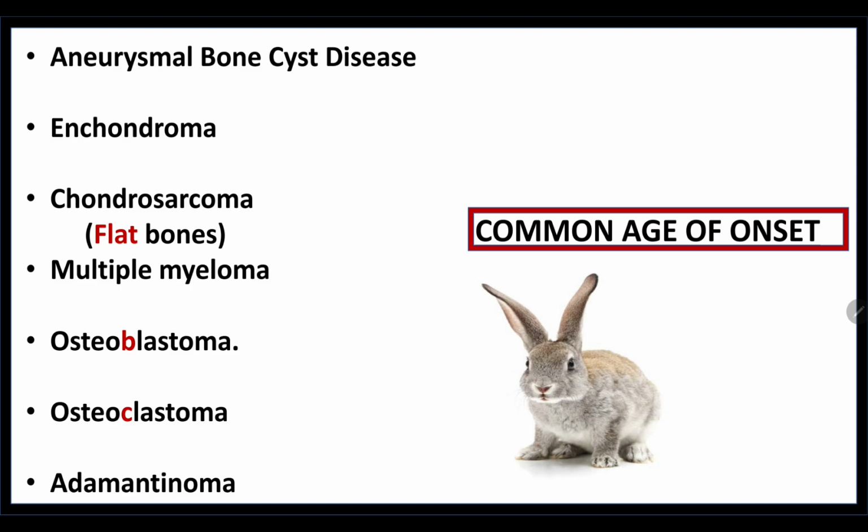Next, we'll move on to the common age of onset. As far as common age of onset, we have collected some important diseases, of which the first is aneurysmal bone cyst disease. So, aneurysmal A, B, C, D. The age of onset of this disease is 40 years because it is four letters, so remember like around 40 years. Then enchondromas,